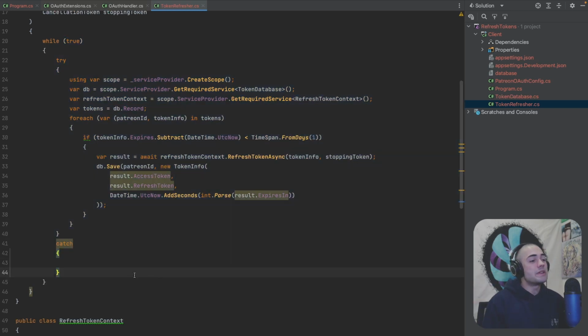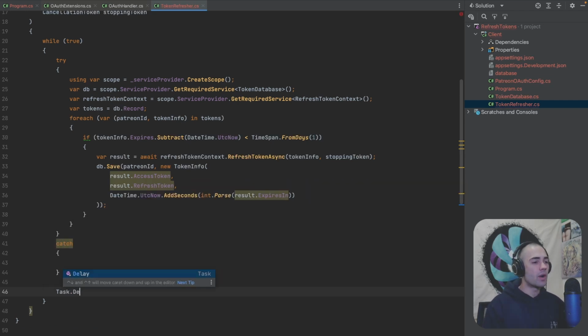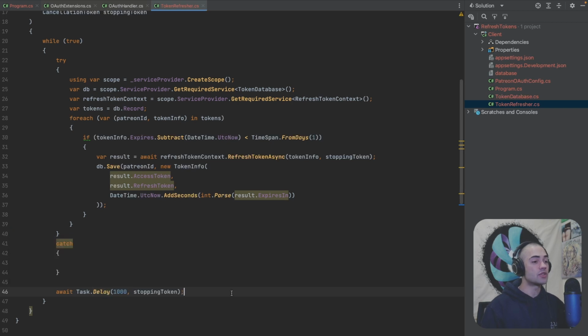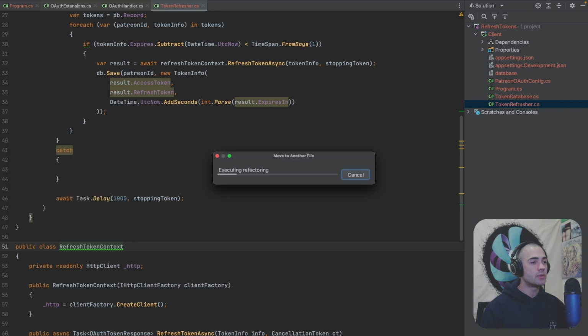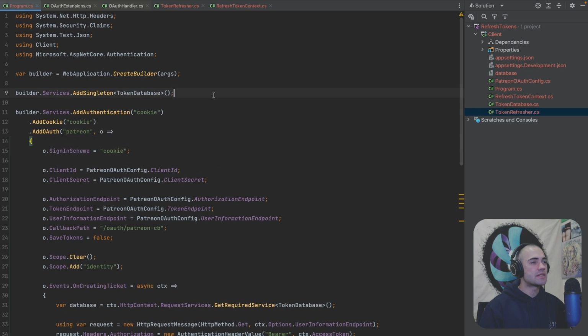What we want to do is give it a little bit of a timeout. You maybe want to do it like once a day or something. We will actually delay it for 1 second, so we don't have to wait for too long for the purposes of the video. Let's also pass the cancellation token here. Let's take the refresh token context. We will move it into its own class. Grab the refresh token context, come back to Program.cs, and let's start